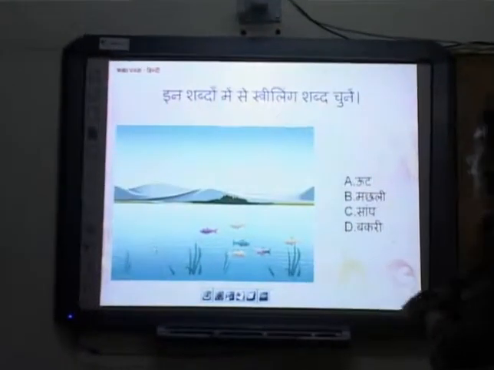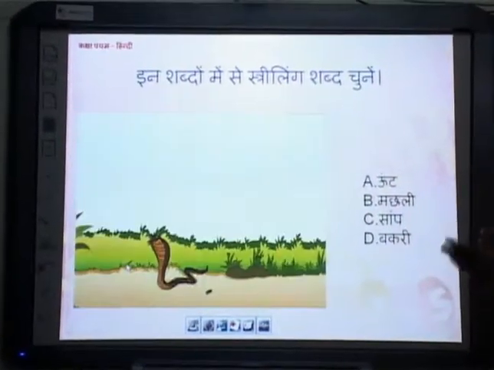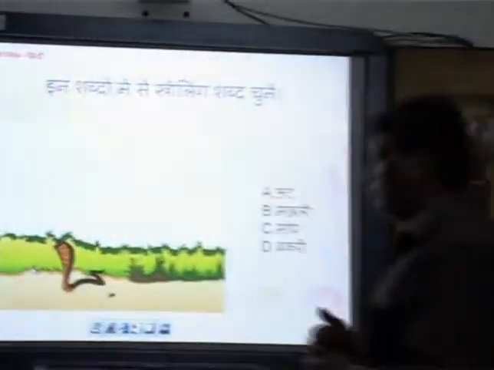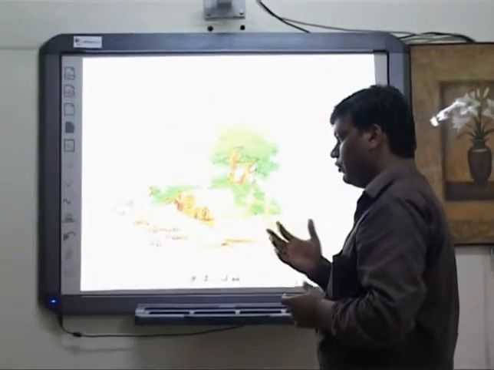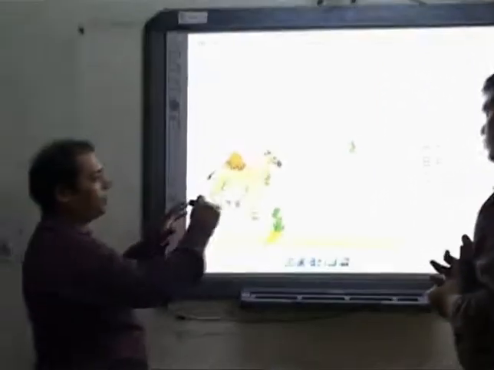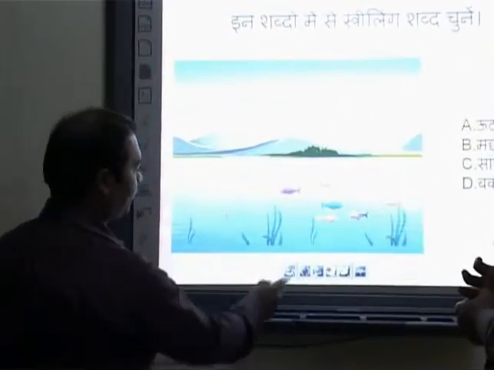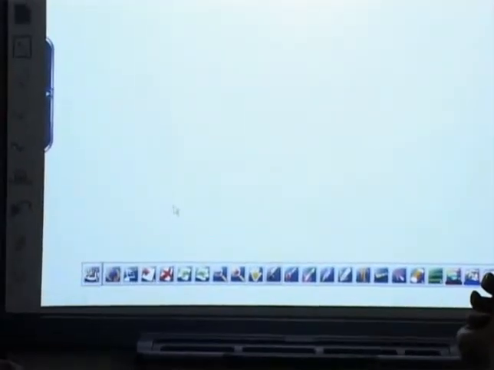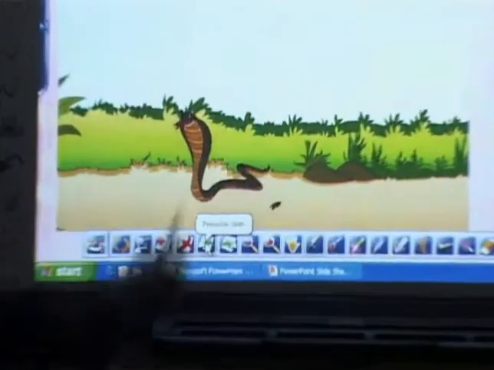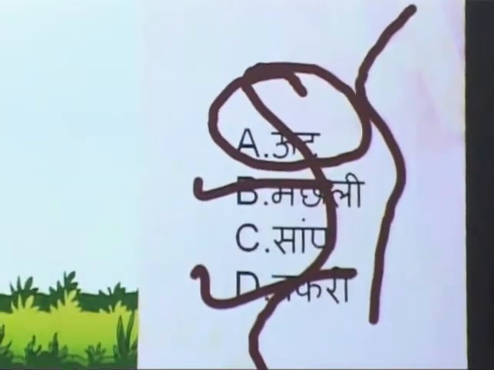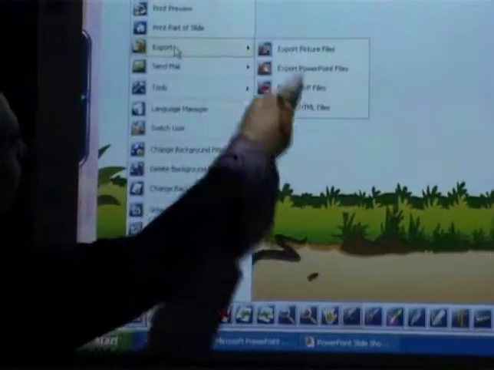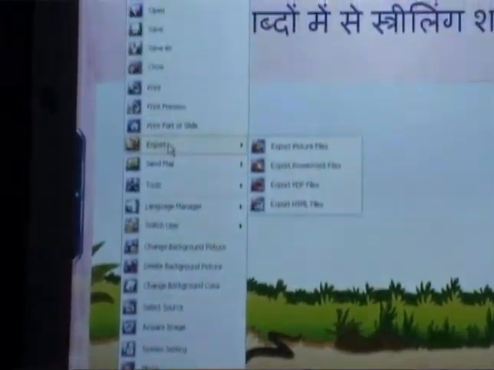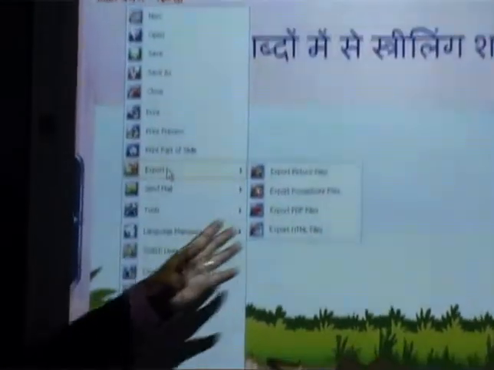But I want that file to get saved in a separate format or somewhere else, and I don't want to hamper my PowerPoint file. How do I do this? See, whatever work I'm doing on the PowerPoint file annotation part, everything will be saved in your whiteboard application. If you want to get all this in your PowerPoint, it will save in a different format. After that, if you want to export in a different file format, you can select the export format and get that file. Or you can make a different PowerPoint file also.